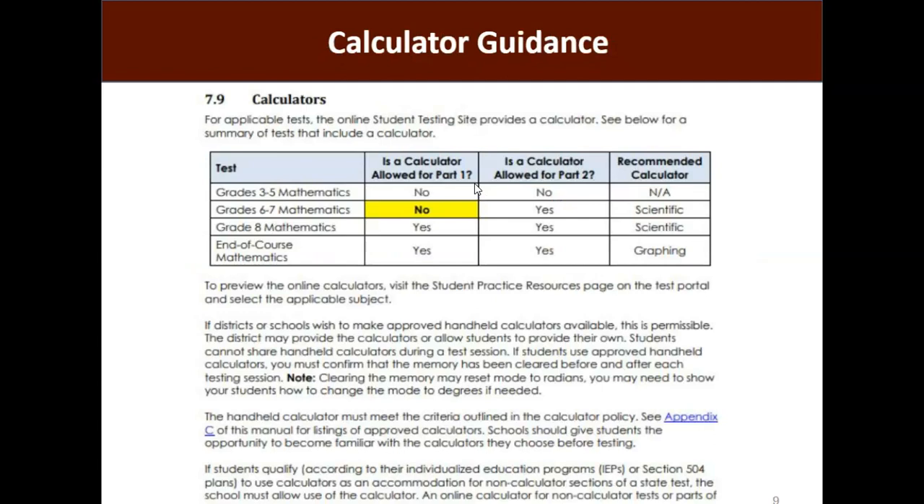Our calculator guidance has not changed. For our new proctors, there are no calculators on 3 through 5 math. There are 2 parts to all of our testing. For 6th and 7th grade, calculators are not allowed to be used on the first part, but they are allowed on part 2. And then 8th grade and beyond, we are allowed to utilize a calculator, but there's a